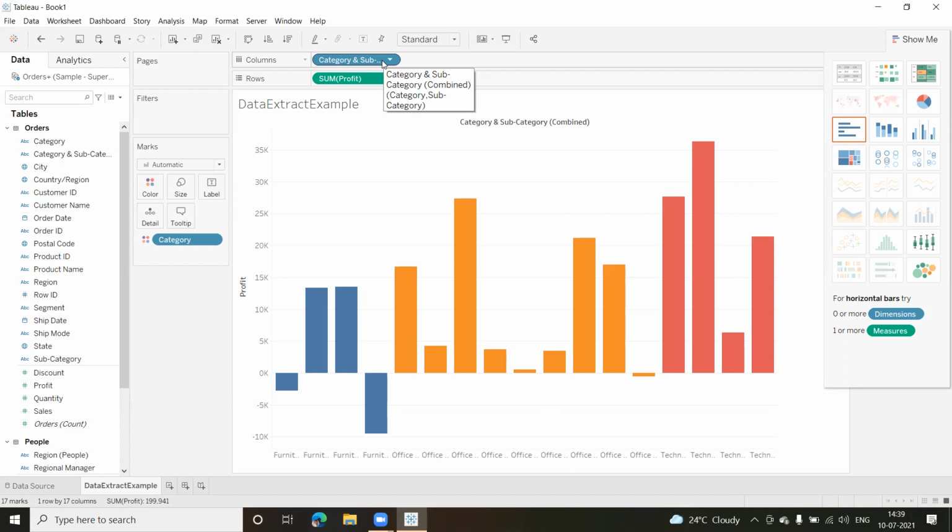Okay. So if you want, you can also create multiple combined fields so that it becomes easy for you to visualize the data and analyze the data. Okay, so such things also will happen. So we will see later on when we take some other examples. We'll also try to create parameters. We'll create a set. Okay, we'll see how to do that as well,